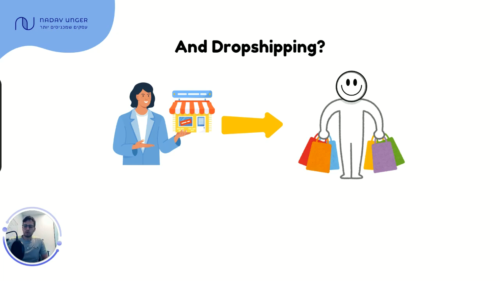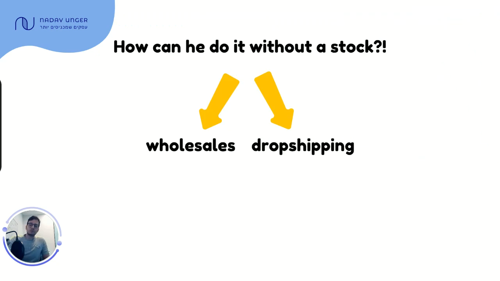This way we have two options. The first one is wholesale. You can buy a quantity of product and store it in a wholesale. It's okay if you know that they are selling. I don't suggest this as a beginning because you can lose money if you buy stock of something you think is gonna work, but in the end you bought, I don't know, 1,000 pieces of the product and you didn't sell even one. You lost all the money you invested.